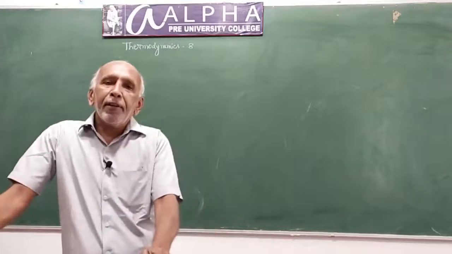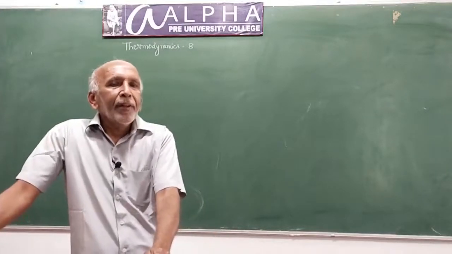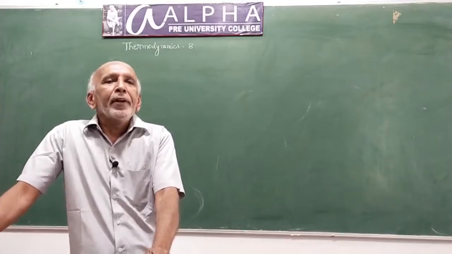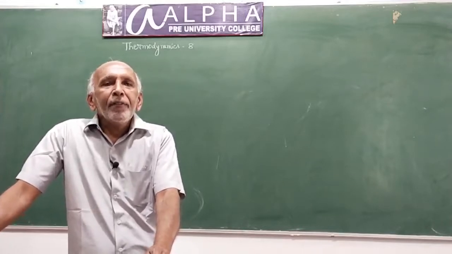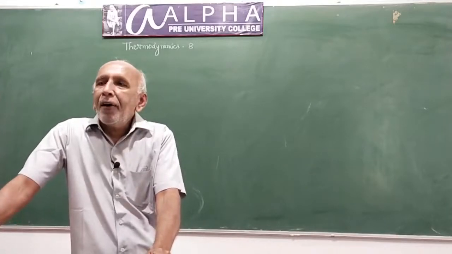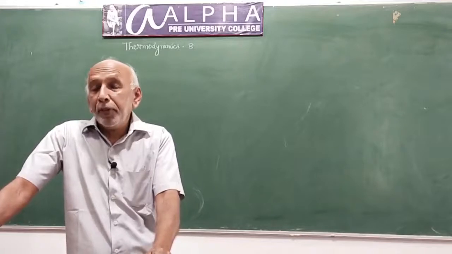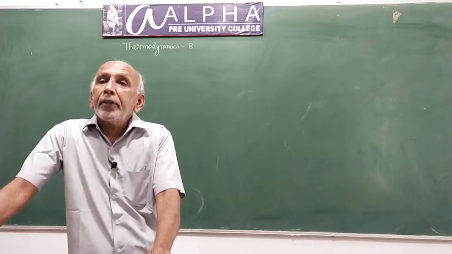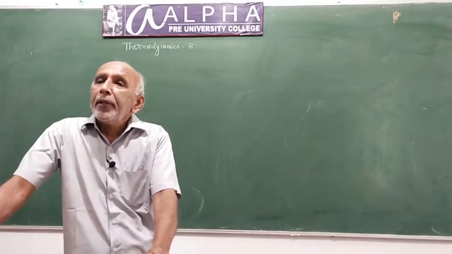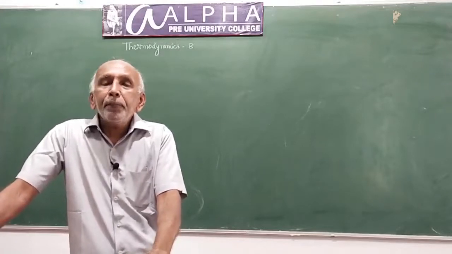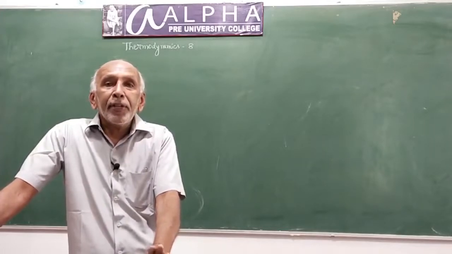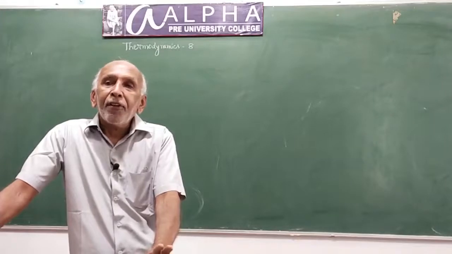constant enthalpy summation. Hess's law of constancy of enthalpy summation states whether a chemical reaction occurs in one step or through several steps. Of course, some chemical reactions take place through a number of steps. Whether a chemical reaction occurs in one step or through several steps, the net enthalpy change of reaction is always